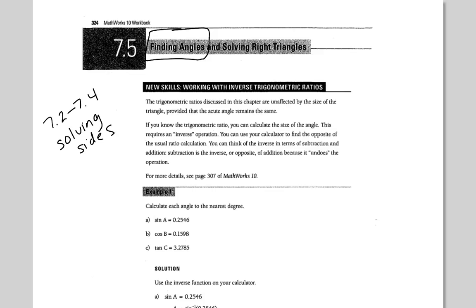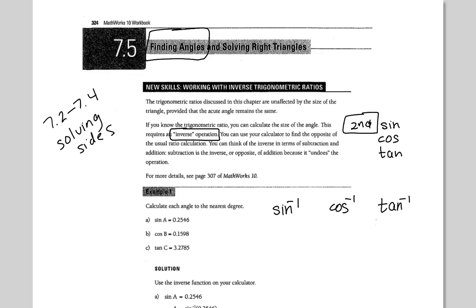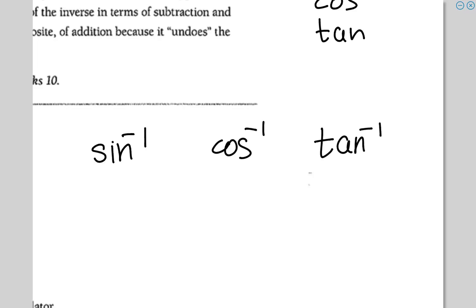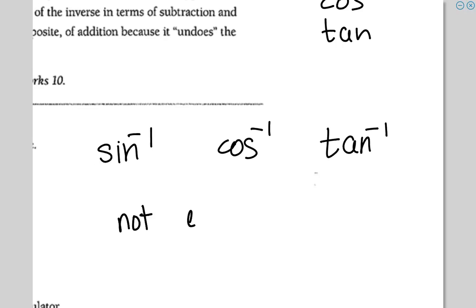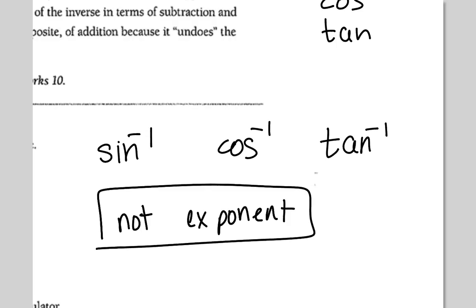Now it says that we're going to require an inverse operation, and to find the inverse operation on your calculator, you just need to find the second function feature and then hit the sine, cos, or tangent button after you hit the second, and you're looking for these ones: sine -1, cos -1, and tangent -1. This notation, the way that we write it, is like a -1 in the power. It's not an exponent, okay? So just jot that down so you remember. It's not an exponent, even though it looks like one. It's a symbol